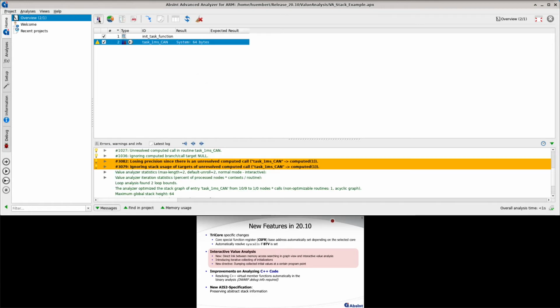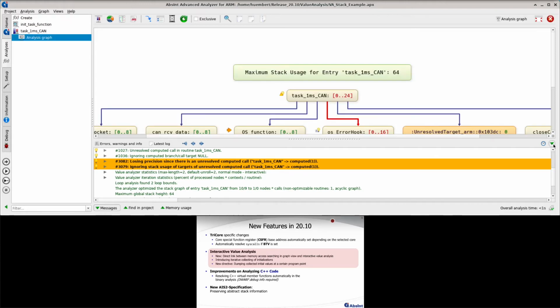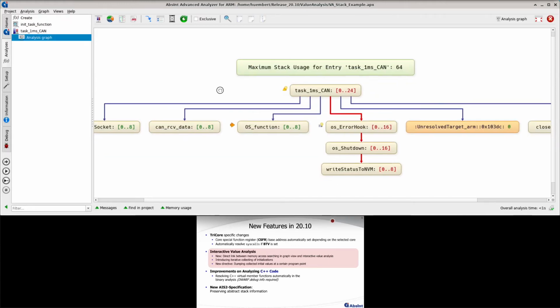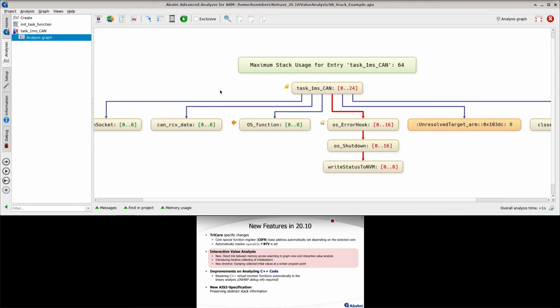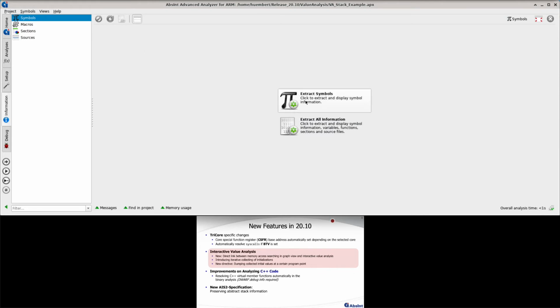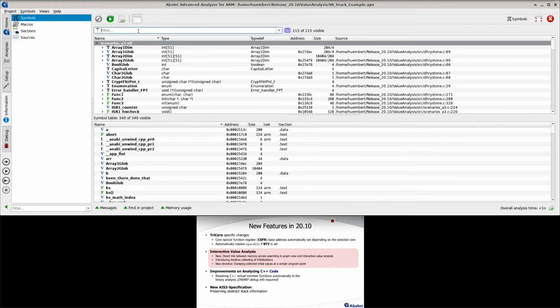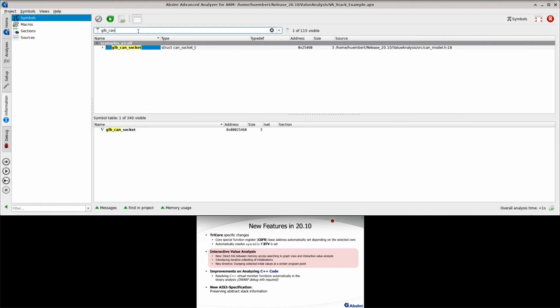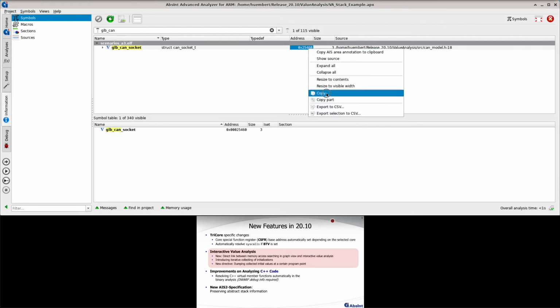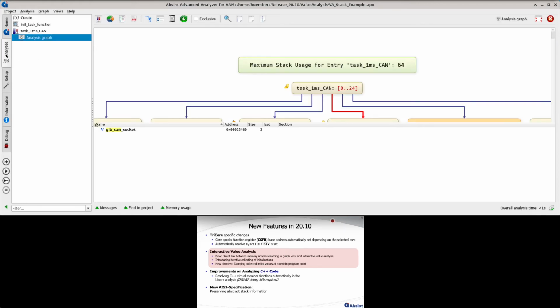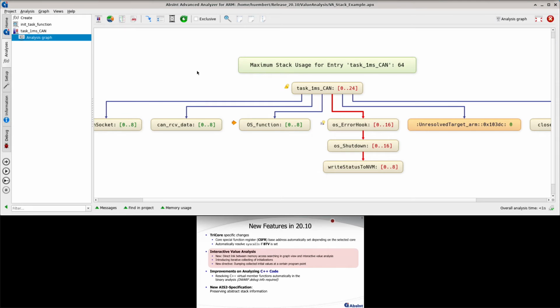Then we can go to the graph, and now the use case could be to search for write or read program locations of a certain global variable. In our case, I'd like to search for the global CAN-socket variable, and I just go to the symbols to search for the address of that one, and here it is. It's the address 25460, and we can copy that address and go back to our graph,